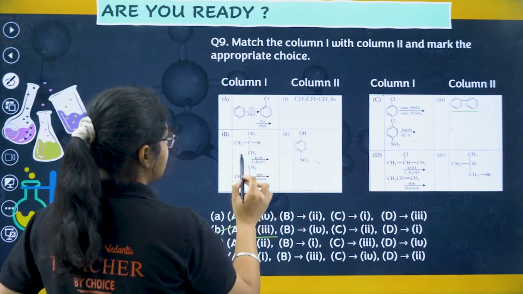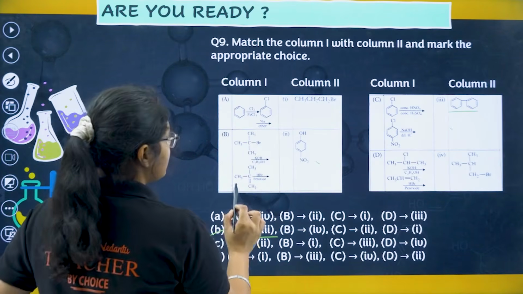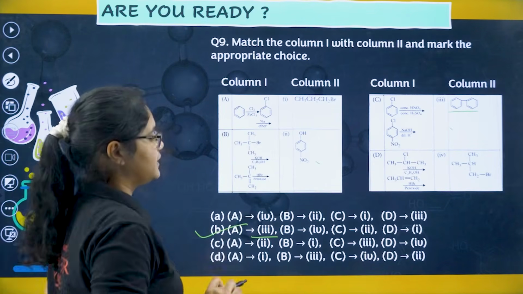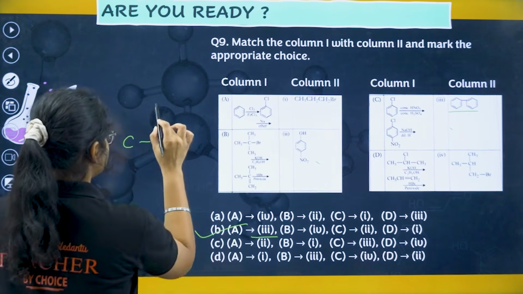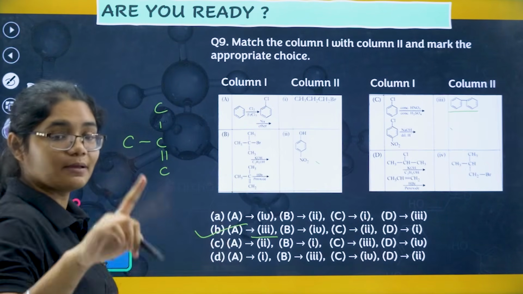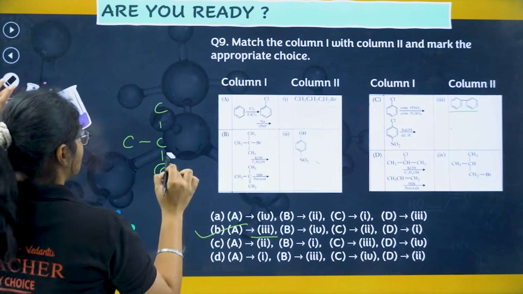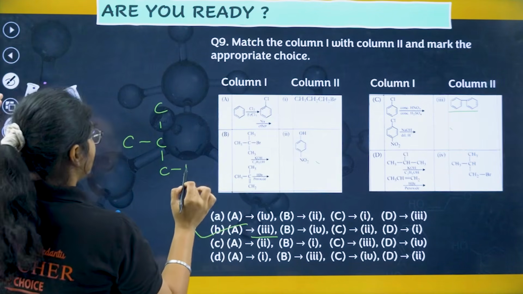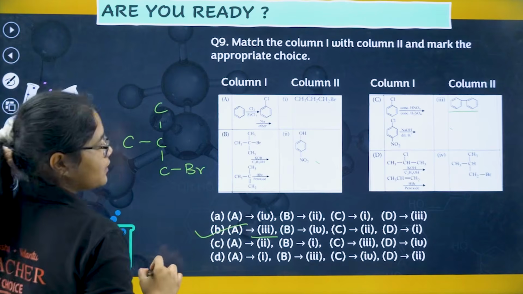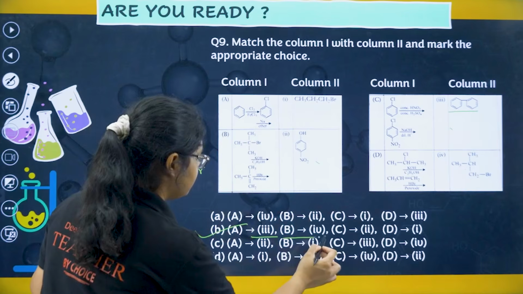So here you have tert butyl and then you have given alcoholic KOH. You got a double bond and then you are taking HBr peroxide. So you have like this, okay, HBr peroxide. So bromine, if you remember from the last class, bromine will attach on this carbon, right? So what we will have? We will have this compound here. So what will be the product? This one, right? So that is B has to be 4.